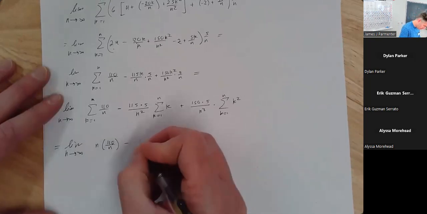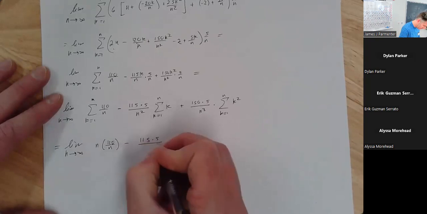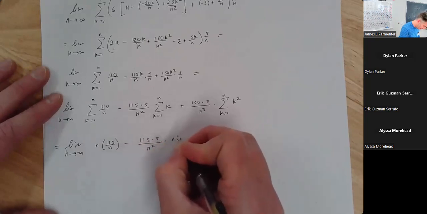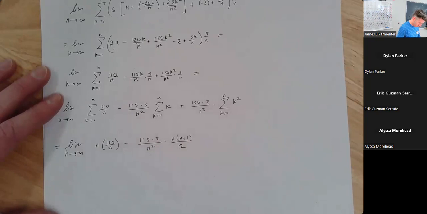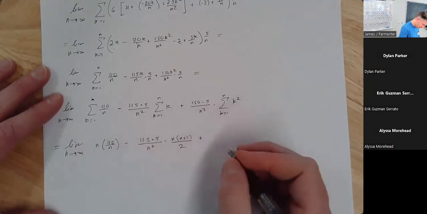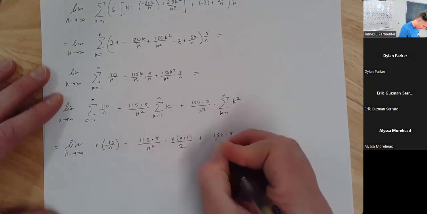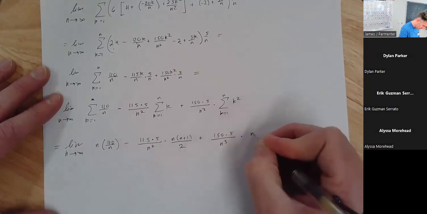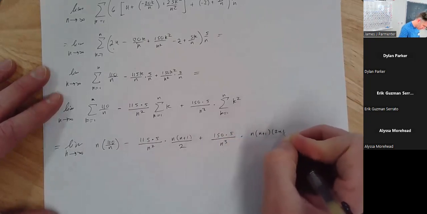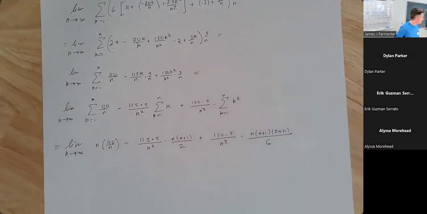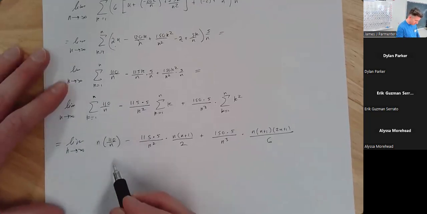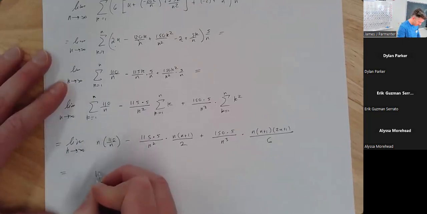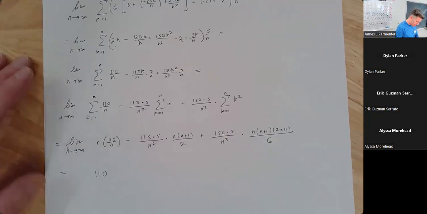Here we're going to get 115 times 5 over n squared times n plus 1 over 2, plus 150 times 5 over n cubed times n plus 1 times 2n plus 1 over 6. And now we can find the limit. N times 110 over n is just equal to 110. You don't even have to use a limit to get that part. But this part here,